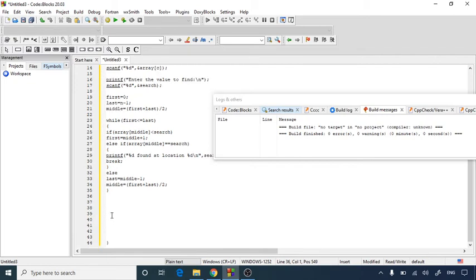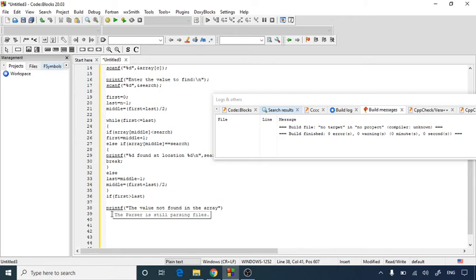Again, if first is greater than last, then printf that the value is not found in the array.